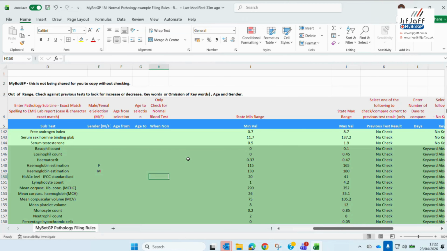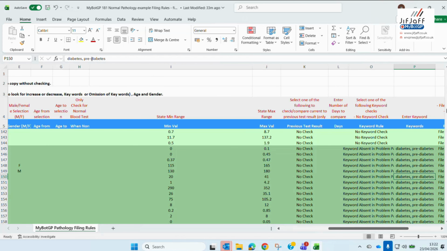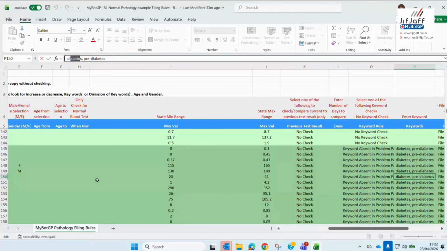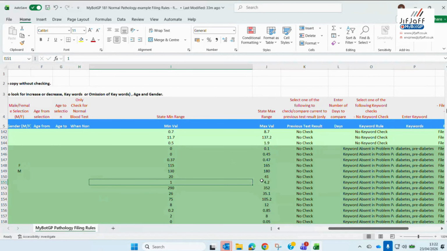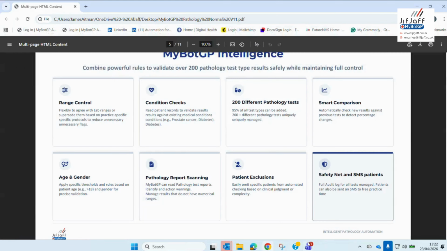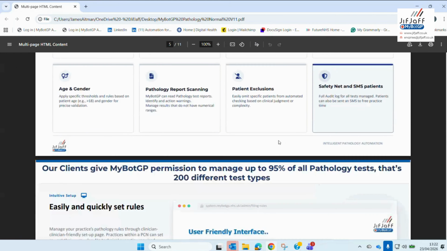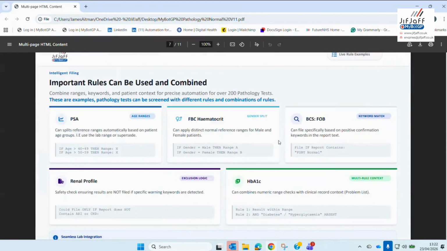So HbA1c example here, 20 to 41. This particular client's lab sends a warning pre-diabetes, so they've said have a look for the warning. In addition, also checking the patient record for diabetes. So if I close this down now and bring it back to this,